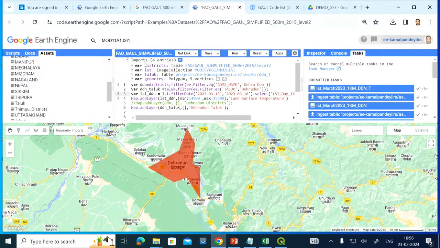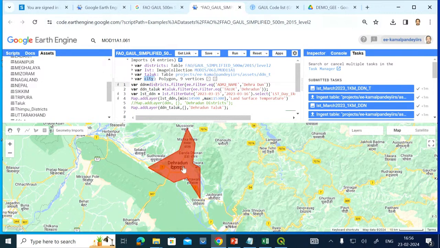If I see here, it is import district LST geometry. Directly it has given me a geometry, so I will change the name to city. It has 9 vertices and is only a polygon, not a table, not anything else, only a city.